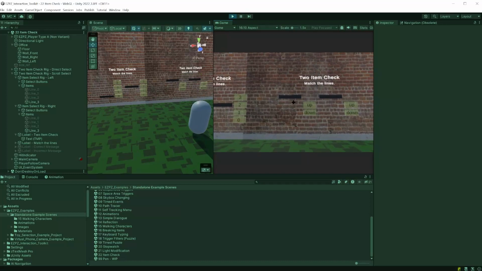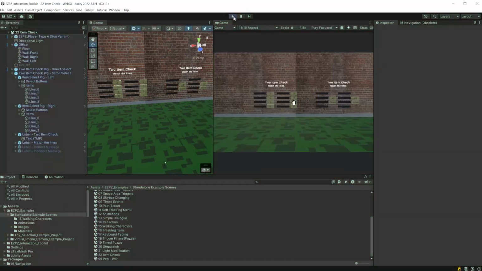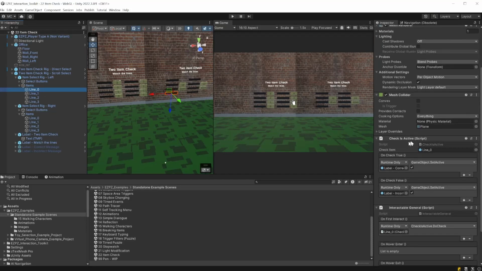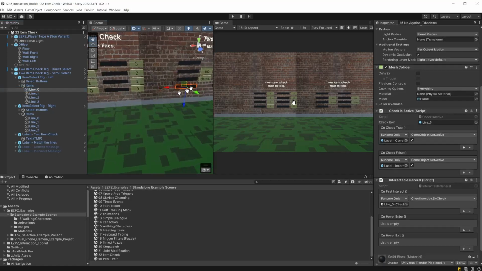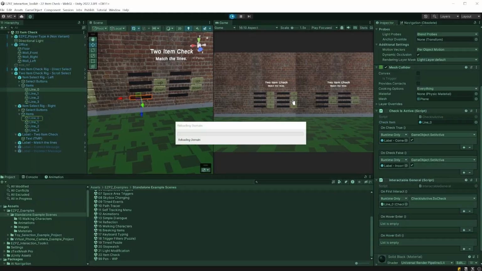Now, this is just a bit of an illusion. It's just been set up that way, so it looks like that. The underlying mechanism behind this is the check is active script. Essentially, it's checking to see if its corresponding pair is active. And as you might have observed, if we just go through this list,